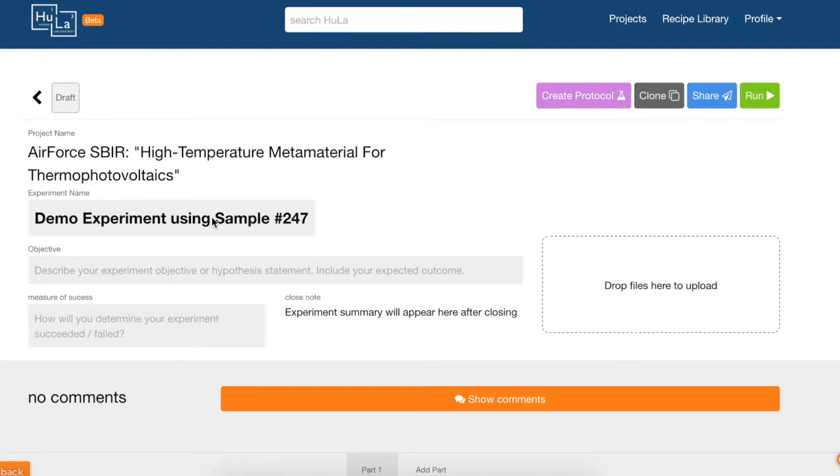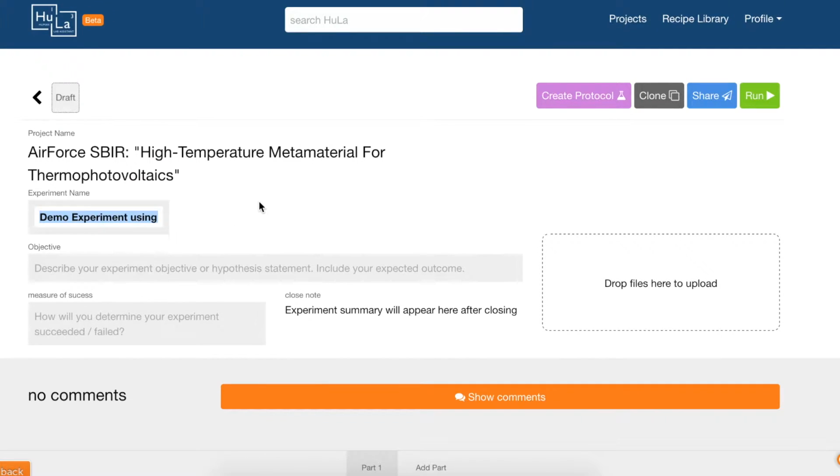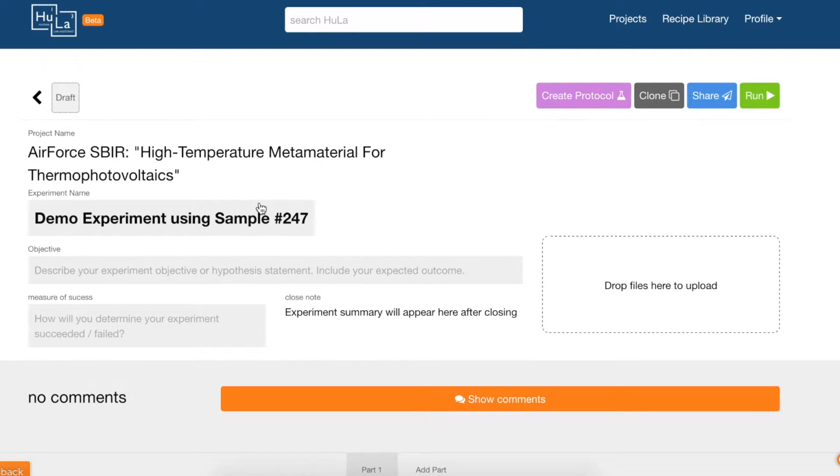And I went ahead and already added a name for our experiment. We've had people do everything from use sample IDs to dates to technology driven. Think of this really just like a file name. But just to quickly orient what's going on here, just because there is a lot that we'll dive deeper in